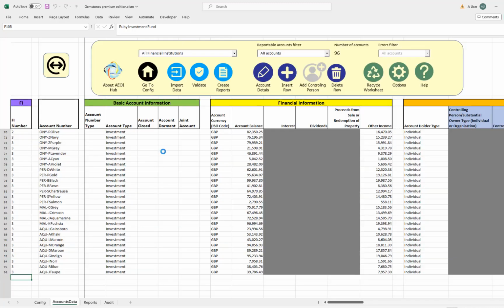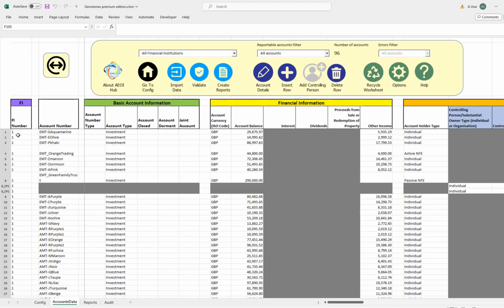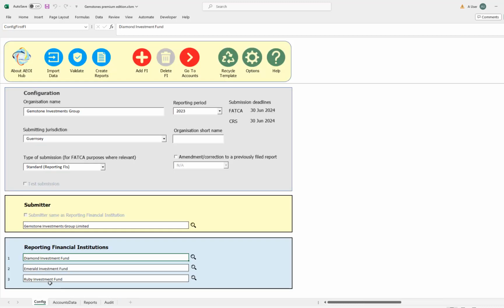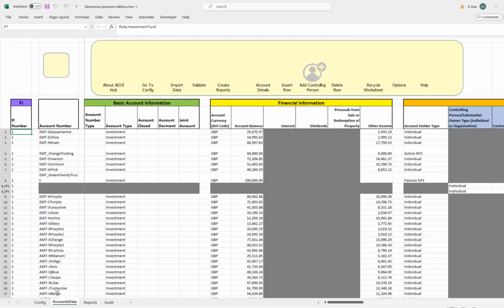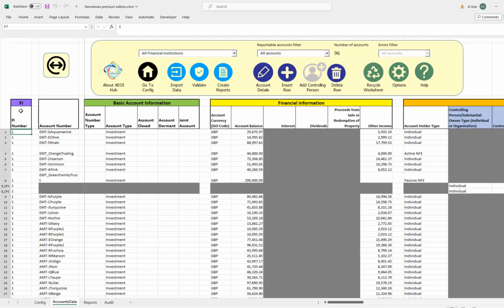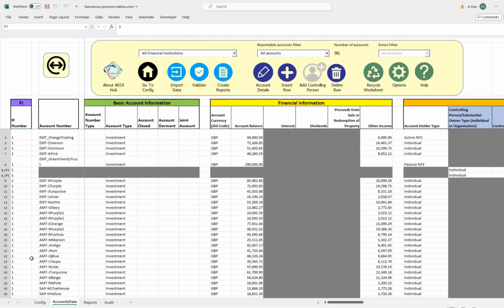On the accounts data, what we need to do is use the FI number in the first column here to denote which FI the account relates to. So on the config sheet, the FIs are 1, 2 and 3, so the accounts data needs to be either 1, 2 or 3 as appropriate.